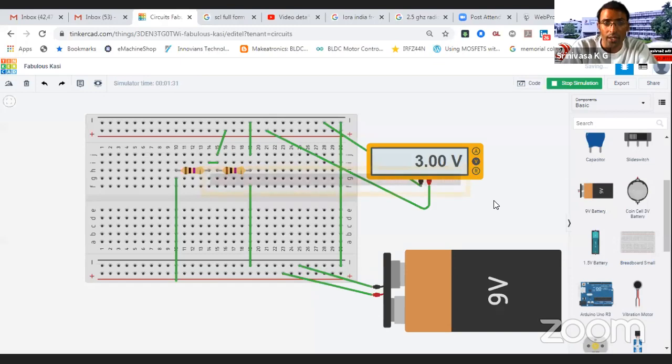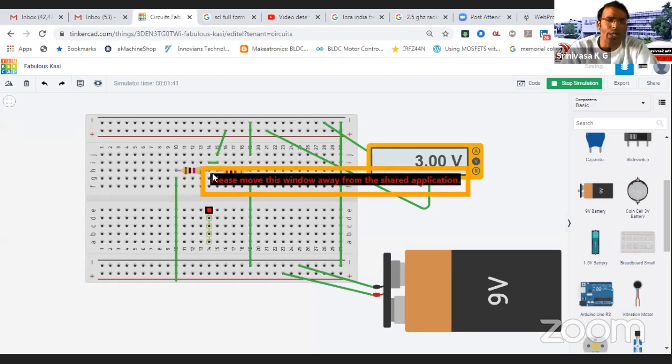Listen carefully. Whenever we connect too much large resistance, then a very small amount of current flows in the circuit, and the voltage is not being divided properly. And similarly, whenever we connect very little resistance, then a very high current flows in the circuit. Due to that high current,